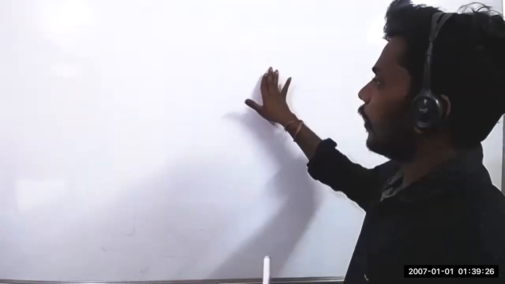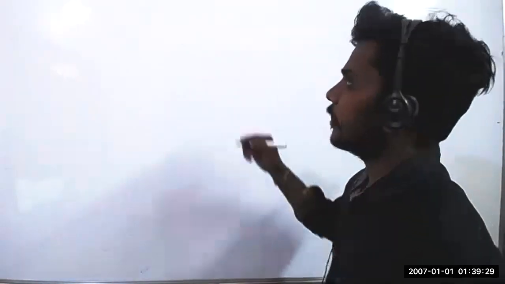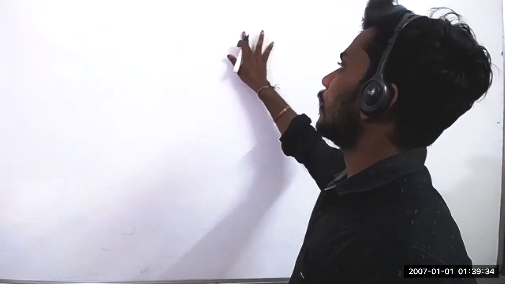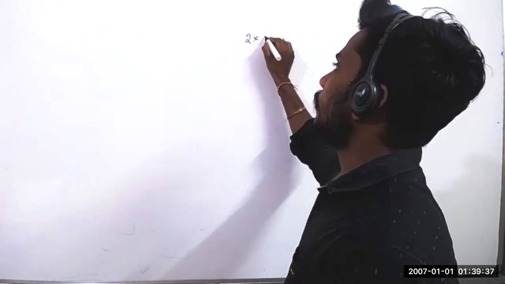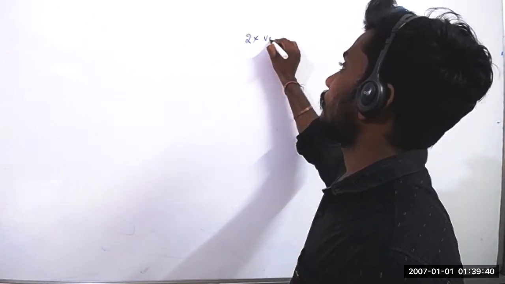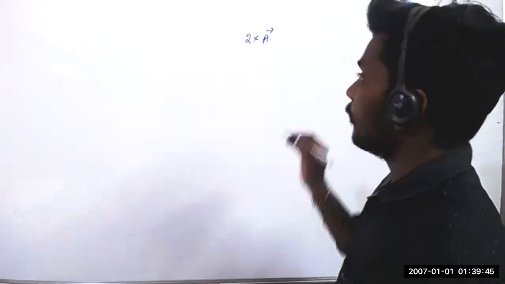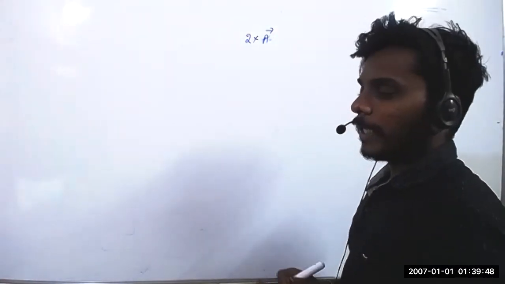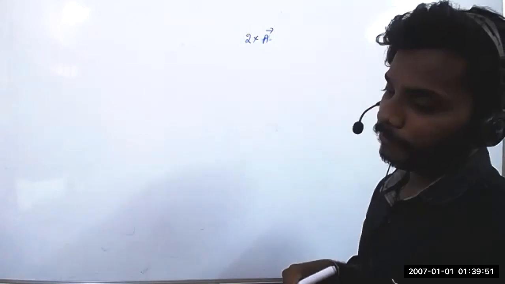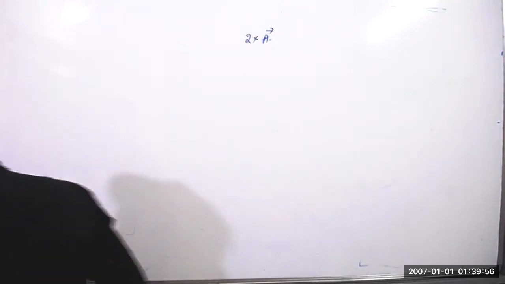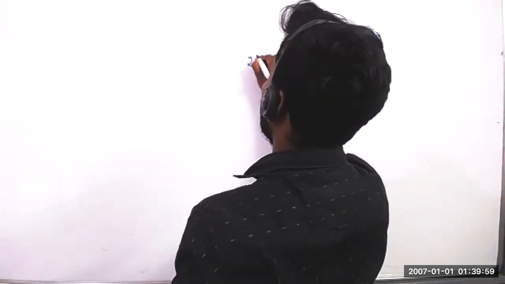Now look at this, listen to this topic. Some time is there, so listen. I got one doubt, and I will share it with you. If I multiply a scalar into vector a bar, what will happen? Can you multiply a scalar into a vector? Hello, can you multiply a scalar into a vector?